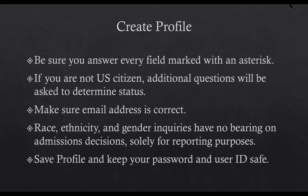Every field that's marked with a red asterisk you will need to complete. This is a very persnickety system. And if you don't answer every question it expects you to answer, and answer it in the format that it prefers, you may not be able to advance to the next page. So the nice thing is if you are ever missing anything or if there's ever anything that is obviously wrong to the system, it'll tell you exactly what is missing and where you need to go to